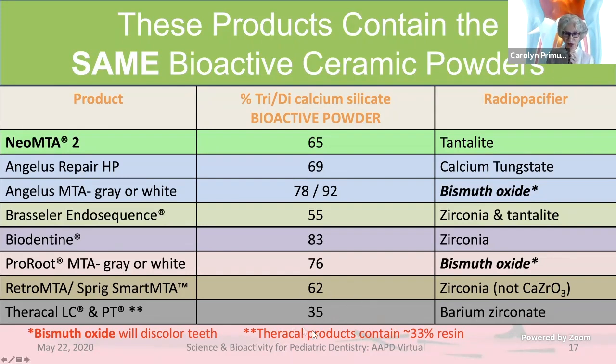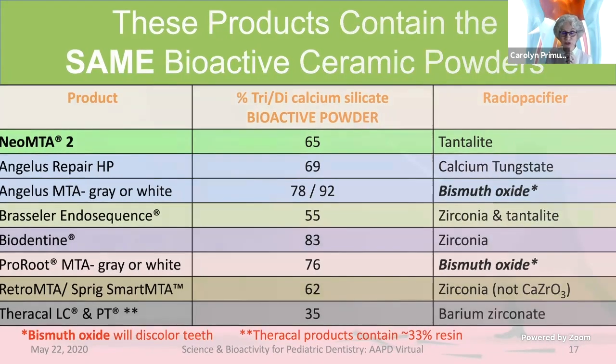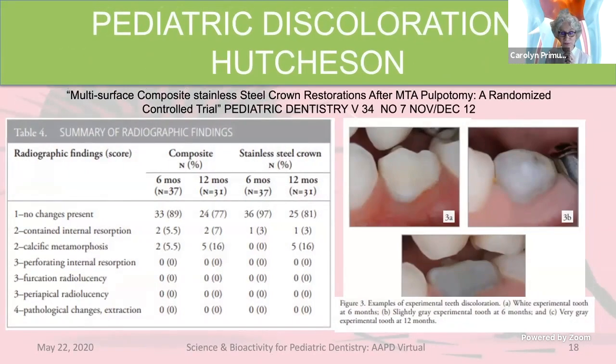And this low amount of tri and dicalcium silicate powder in these particular materials is attributed to the presence of about 1/3 of resin, which dilutes the material in its bioactivity. I want to share this